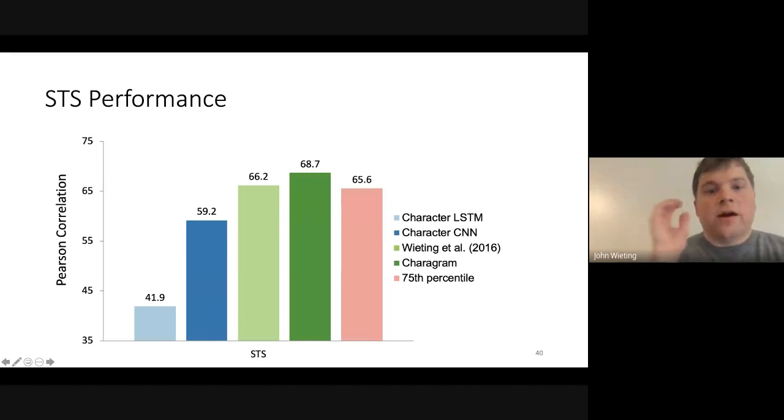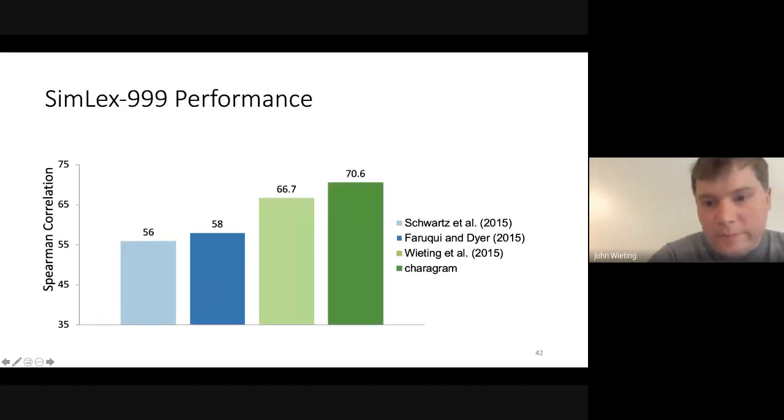But this led to significant gains. So on our STS performance, our Pearson correlation improved over our word baseline. For word similarity, it was even bigger, just by, again, having a set of word embeddings. We just have these character average embeddings. FastText came out after this, and they basically do a similar thing using n-grams. So it's just nice for making these word embeddings more robust and handling outside domain